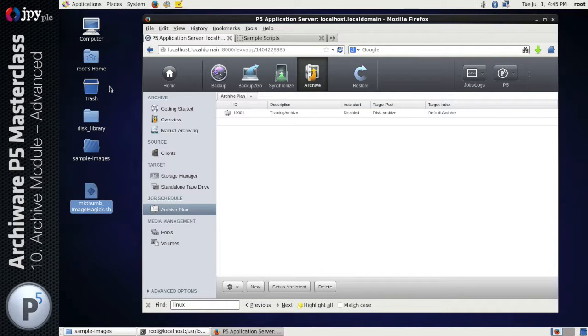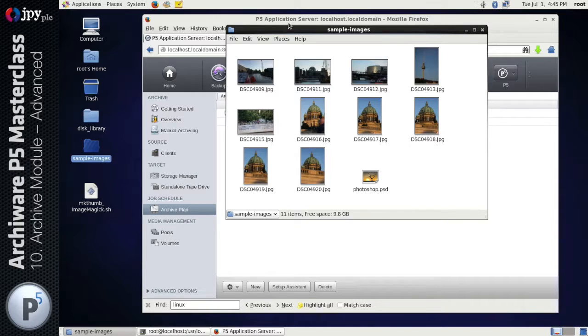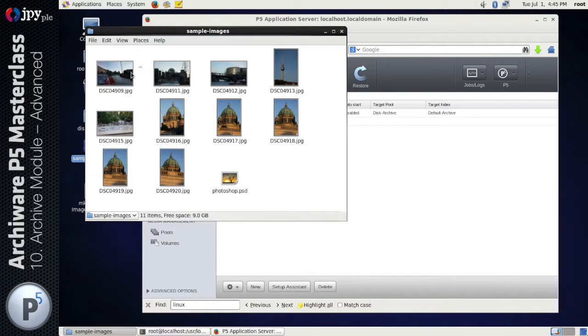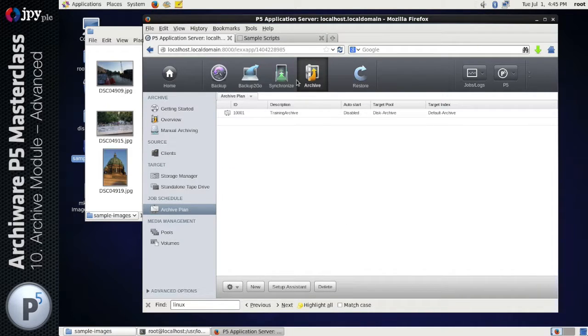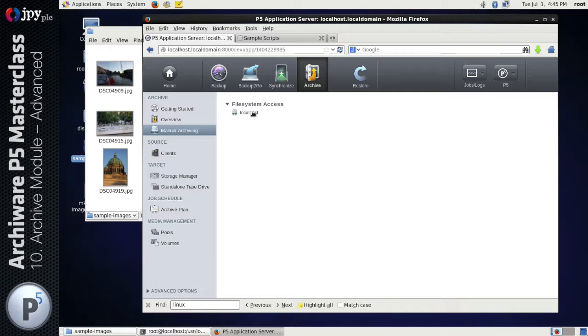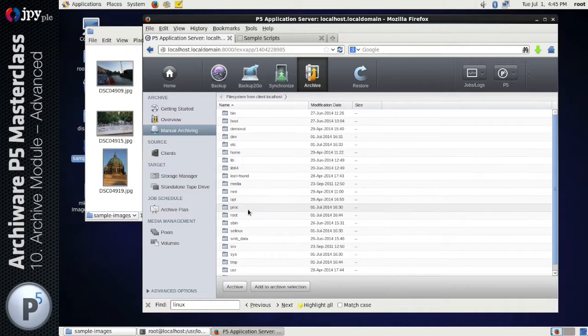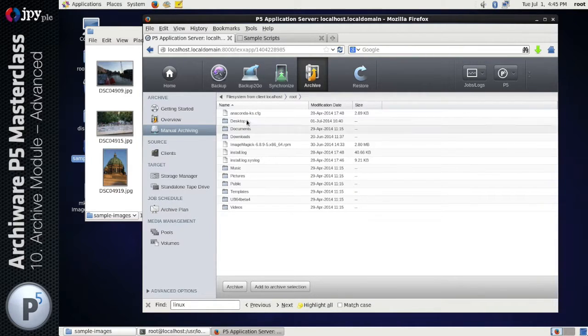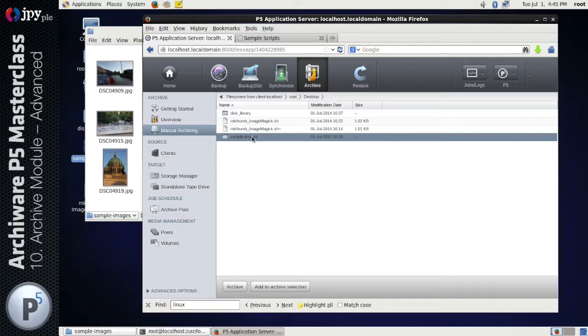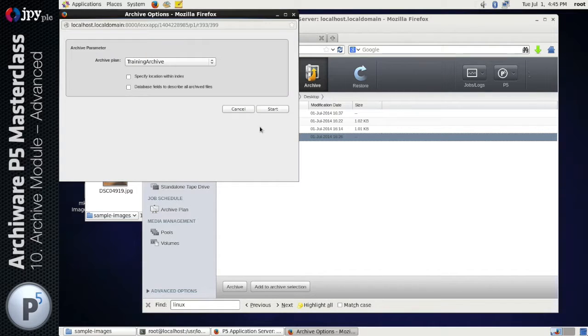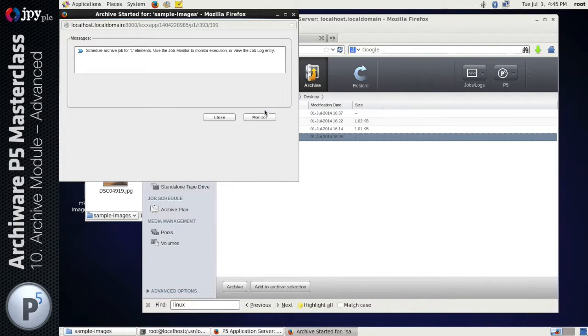So I'm going to close that. On the desktop, I've got a folder that's got some JPEG files in it and also a Photoshop file. Okay, so we're going to archive that folder. So I pop into manual archiving, browse down through root, desktop, and locate that folder. Say archive, submit the job,